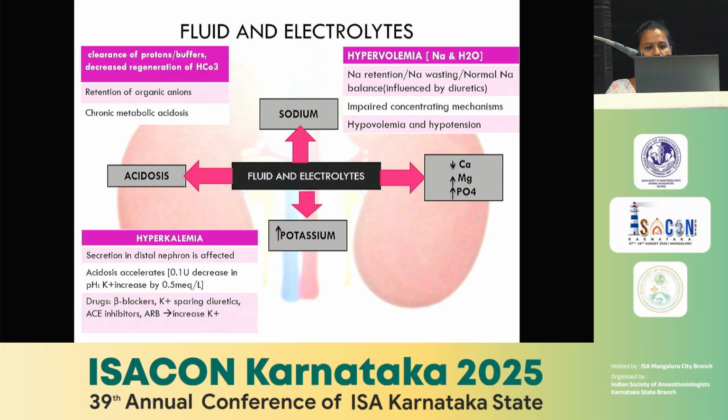And there is hyperkalemia because of decreased secretion in the distal nephron. This condition is potentiated again by acidosis. For every 0.1 unit decrease in pH, potassium levels rise by 0.5 milliequivalents per liter. On top of that, these patients are on beta blockers, potassium sparing diuretics, ACE inhibitors, and ARBs, which again increase serum potassium